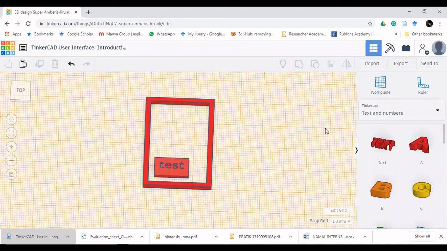So this was it for today. In this session, we completed the interface, whichever is required for our modeling purposes. Thank you for watching. I'll see you in the next